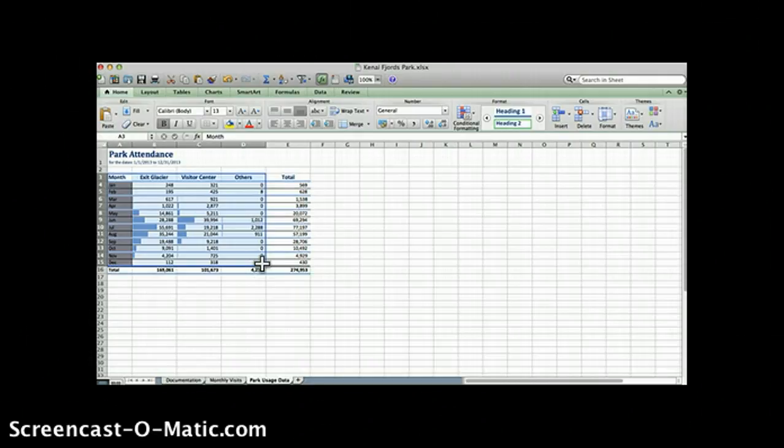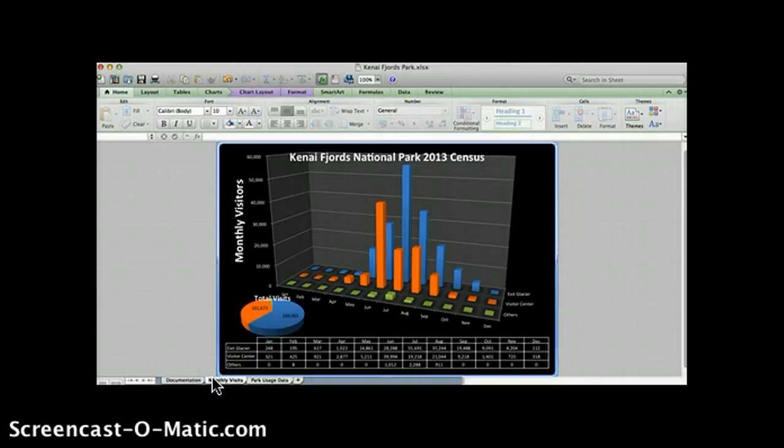The chart was then moved to a new worksheet, which was titled Monthly Visits. The tab was then shifted so it would be after the Documentation tab, but before the Park Usage Data. The chart style was changed to style 42 from the Chart Style Gallery,